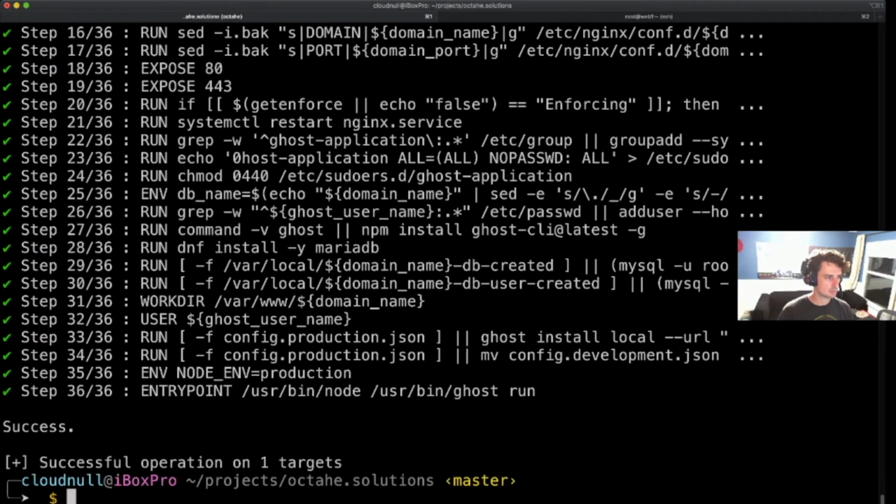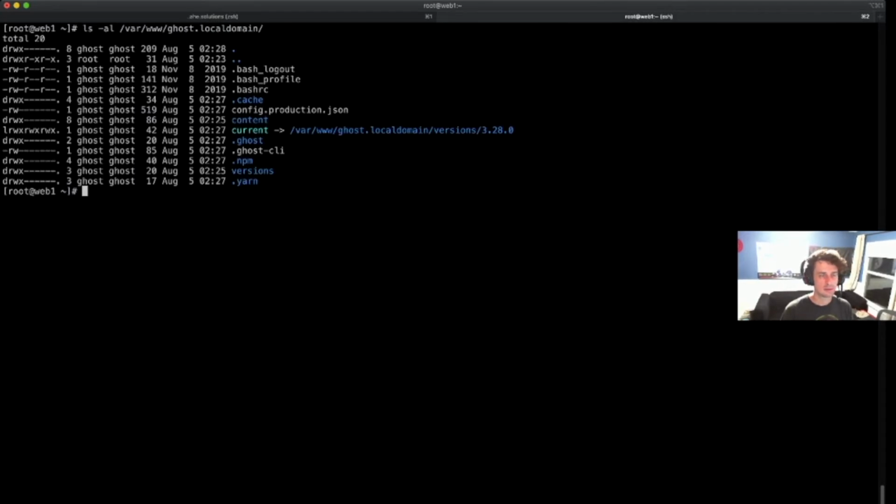All right, and we're done. I'm going to go ahead and flip back over and take a look at what's going on within the Ghost webhead here. Ghost looks like a Ghost app. We can actually go ahead and take a look at what Octahe set up to run Ghost for that entry point using some systemctl cgls